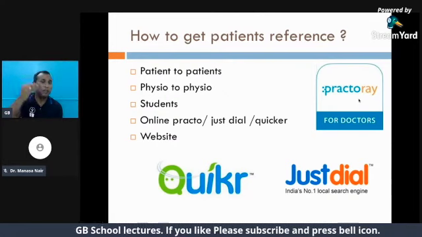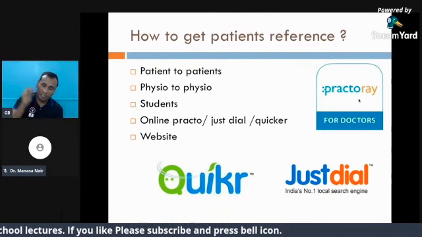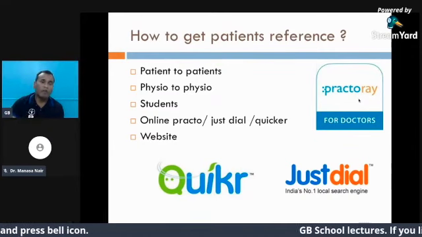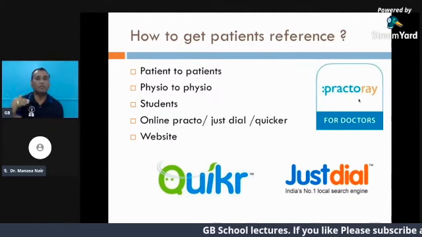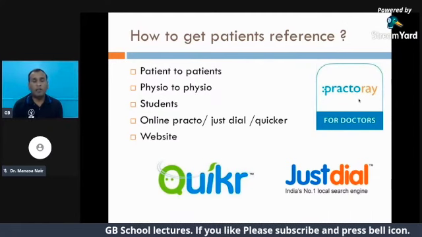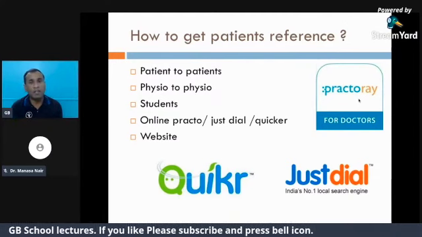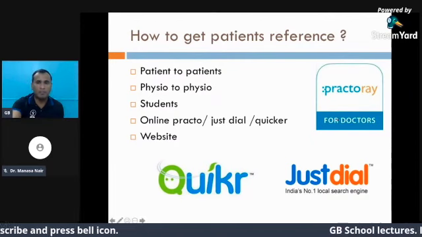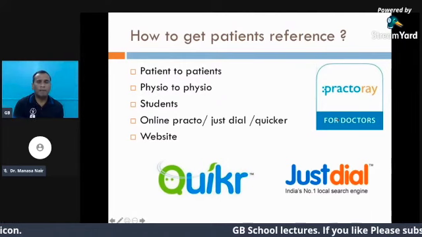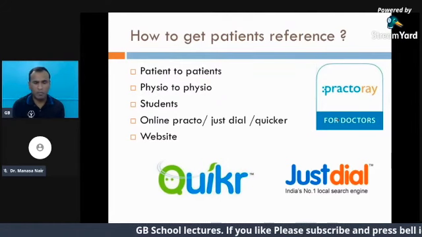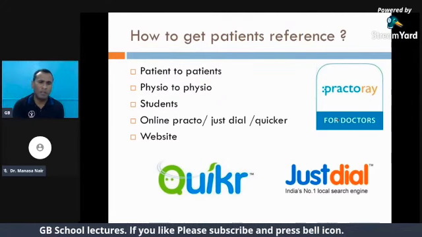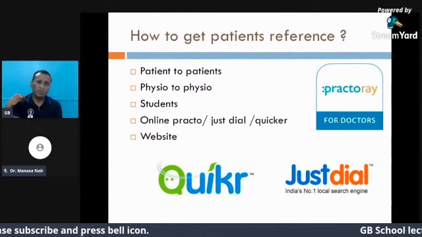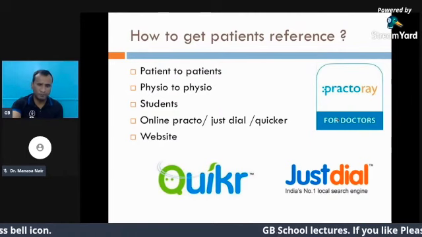In the software you can also have an assessment format. The scales can be written, the treatment can be written, daily notes can be written, and you can send a copy of this with the patient's relative. You can also use this software for generating invoices and bills. I'm using Practo, that is why I'm telling you this, but there are other software available in the market you can use for generating assessment sheets, as well as billing and invoices.